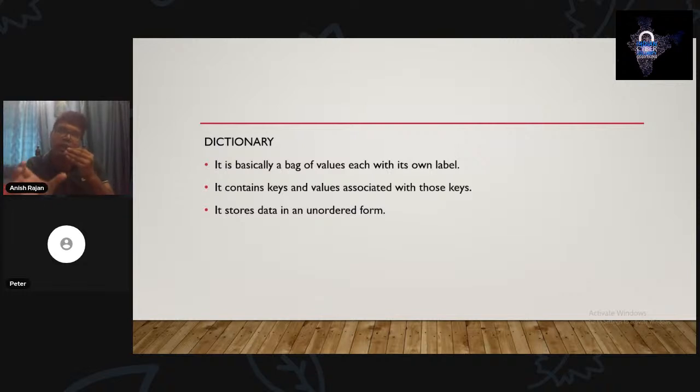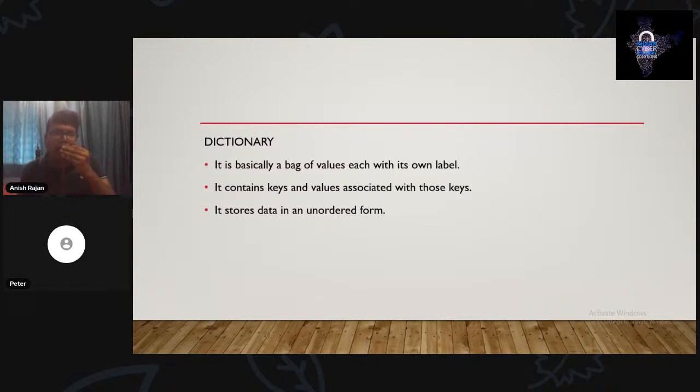So over here, in this example, the purse is the dictionary, and all these notes, the 500 rupee notes and others, are the keys. Okay, and each key has some value associated with it. So this 500 rupee note has a value 3 associated. That means we have three 500 rupee notes. So those are the values. So this is the way keys and values are linked or associated to each other in a dictionary. Okay, I'll explain this more in detail later on.